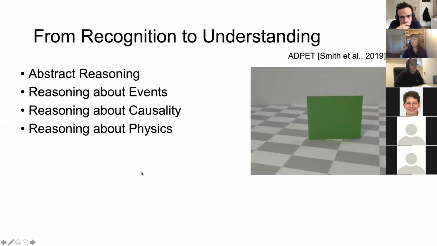And also, humans could reason about physics. For example, in this specific case, if I ask you, where is the purple sphere you have just seen before? One can easily understand that, because of this idea called object persistency, if we remove this occluder, the purple ball will be behind this occluder.